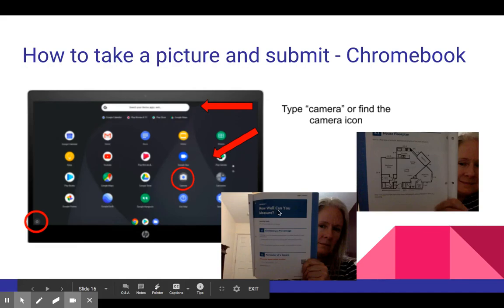How to take a picture with a Chromebook. Miss Severn uses this a little bit more, but it looks like there's a way where you can use the camera to take a picture, but you need to make sure that it's clear and you can read all of the information. Anyway, she talks about that a little bit more with